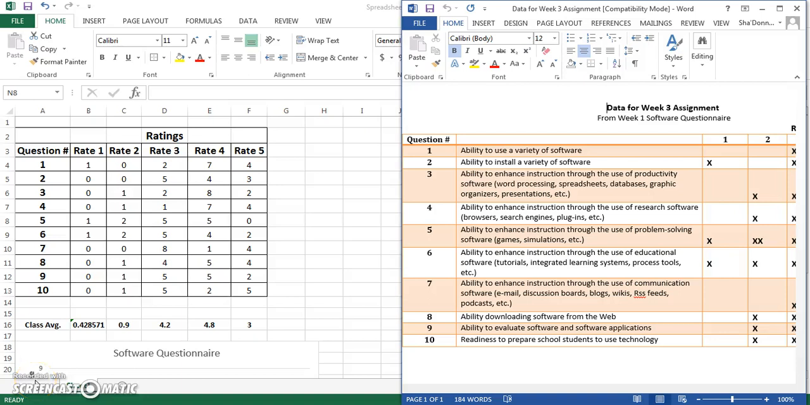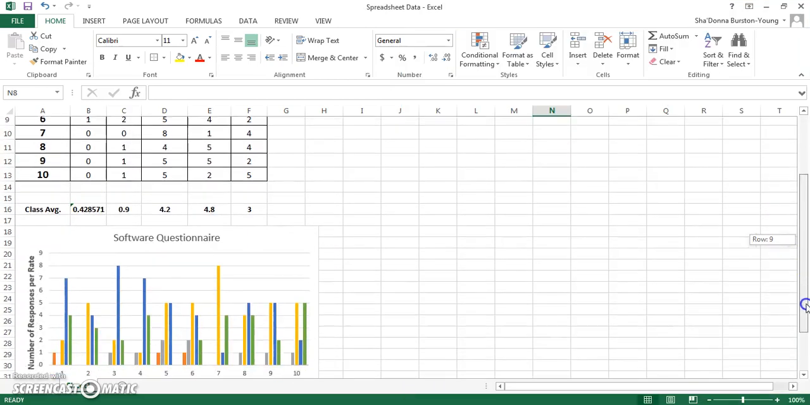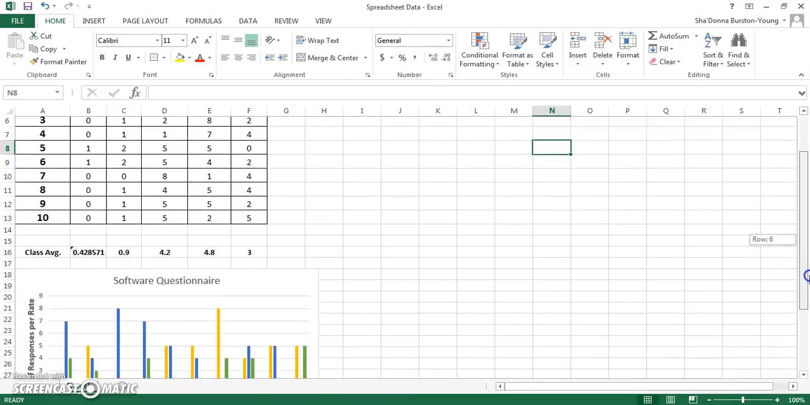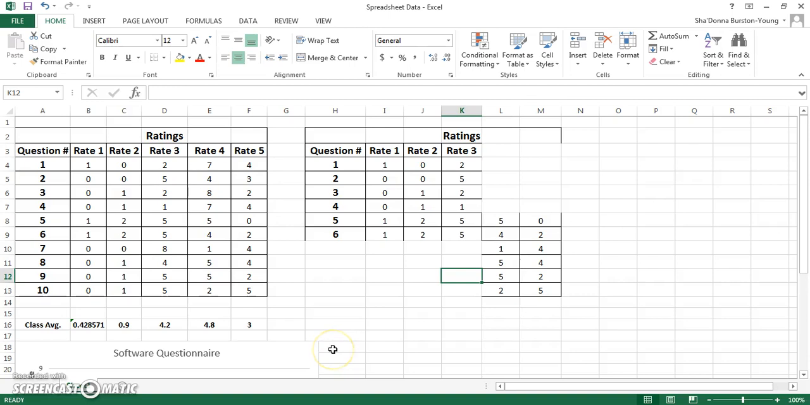Everyone, today I'm going to show you how to input data from a data table into a spreadsheet program database in order to calculate averages and to create a graph. So the first thing that we're going to do is input or recreate this data table. So the first thing I'm going to show you is how to input the data information into the spreadsheet data